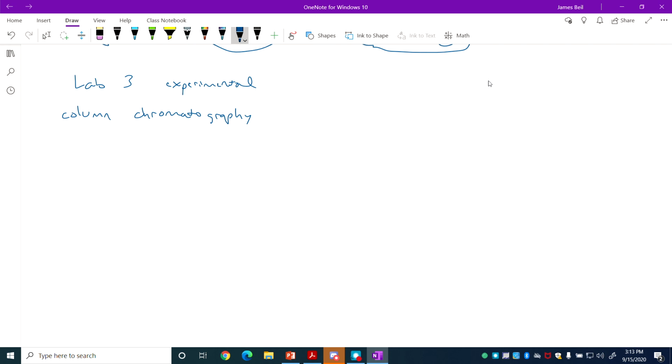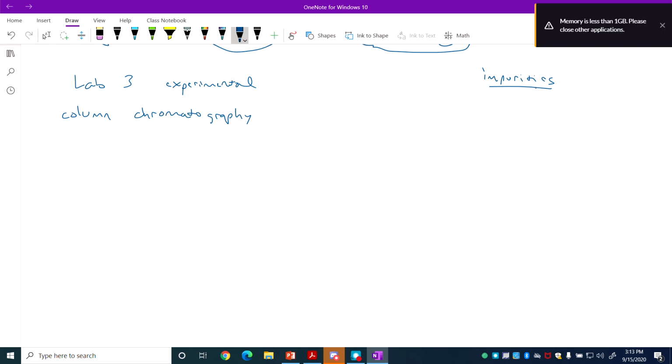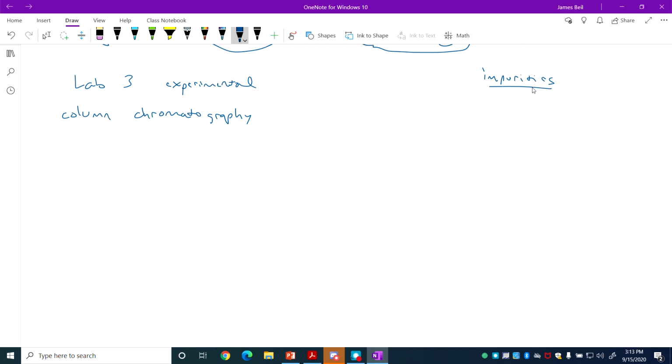So if I have impurities that I want to remove, and that's a very common thing, because when you do a chemical reaction, it's very difficult to remove every impurity and isolate only one type of chemical unit from that complex mixture of reactants and products and side products and solvents and all these things. So removing impurities is a good deal of what organic chemists do, and that's why we need so many techniques to do that. So we've already talked about recrystallization